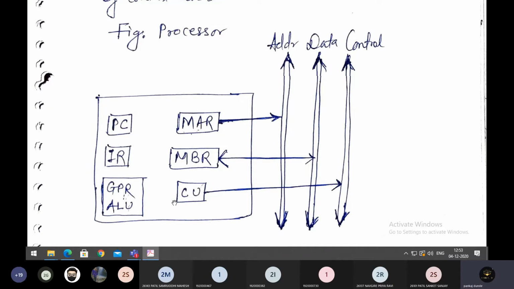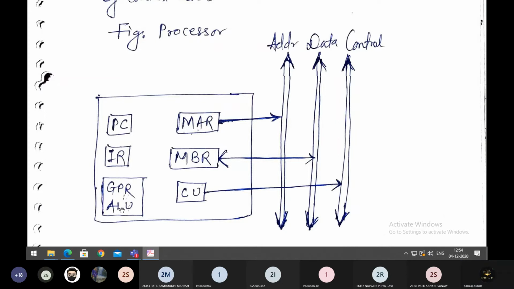Fetching means taking that instruction inside the processor. Decoding means understanding that binary pattern, whether it is an add instruction, a register, or some memory location. So fetching and decoding happen inside the control unit, and the execution part happens inside the ALU, the arithmetic and logical unit.